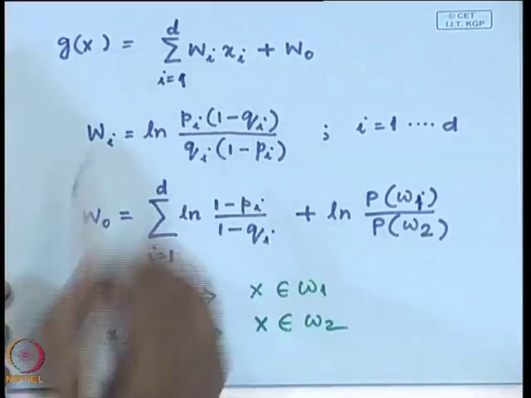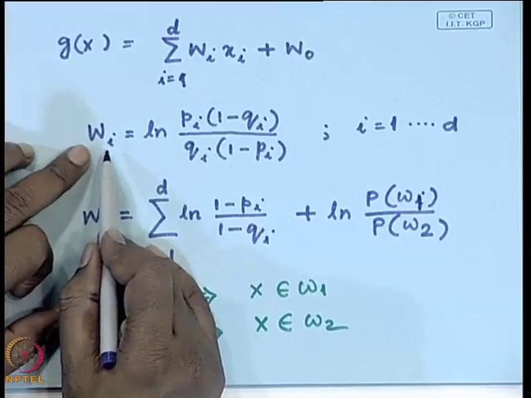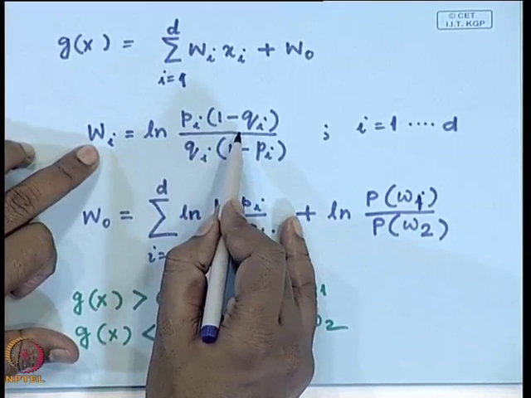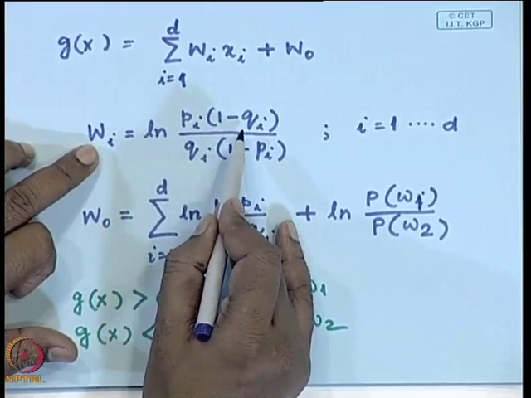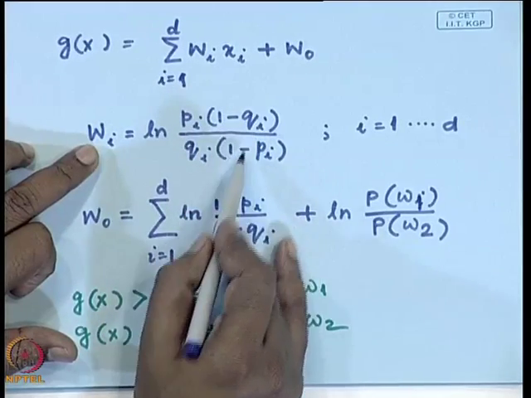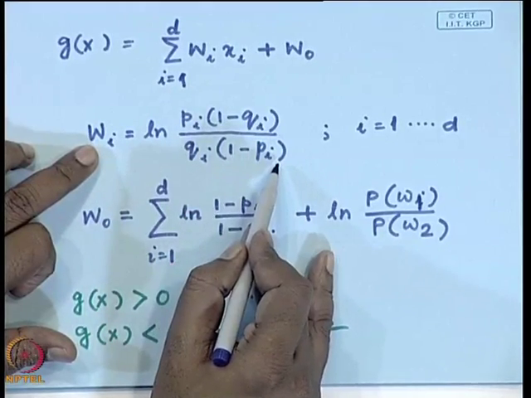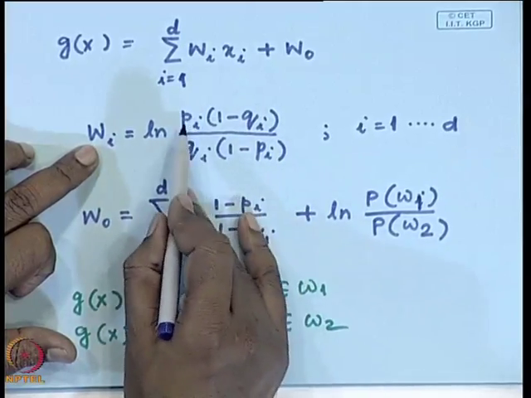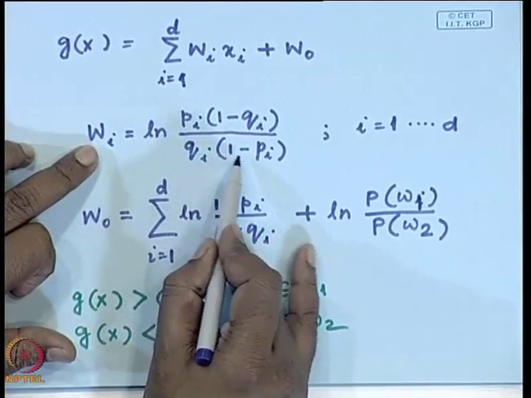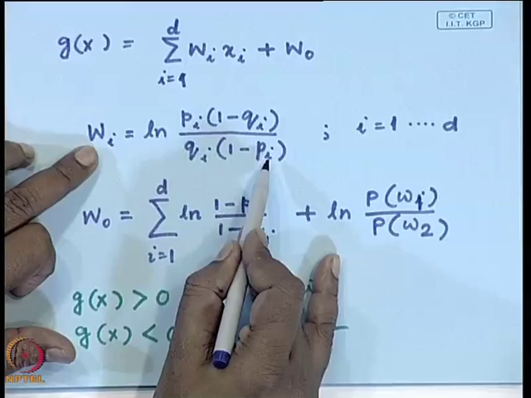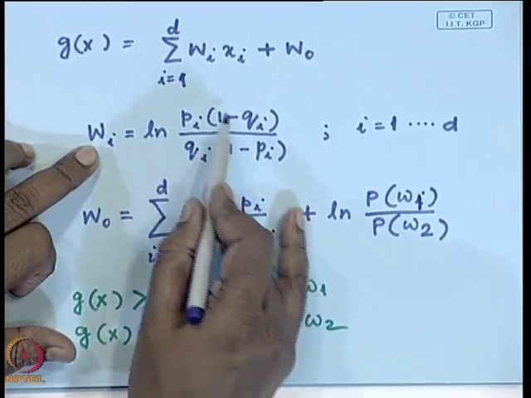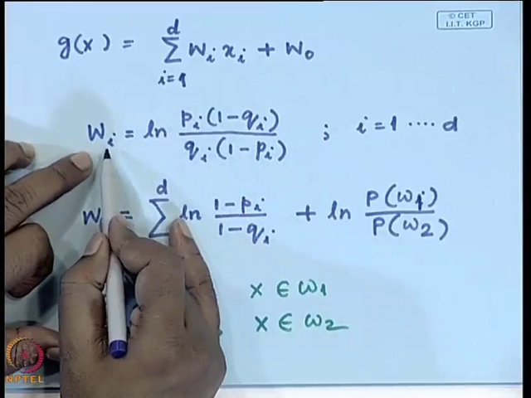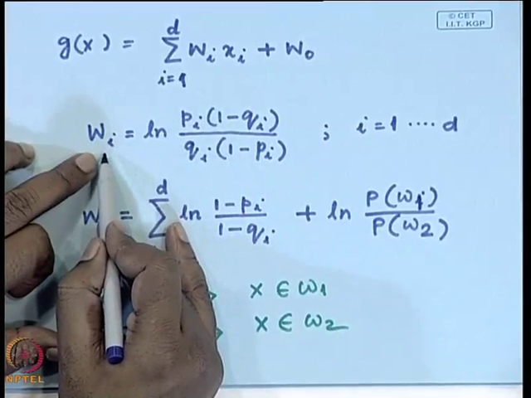Okay. So, again coming to this particular case, if p I is greater than q I, then obviously 1 minus q I is greater than 1 minus p I, right. So, in this expression the numerator becomes larger than the denominator. So, this value is greater than 1,